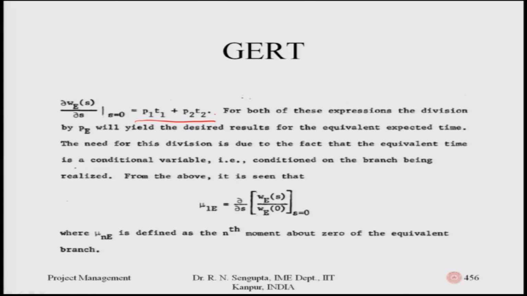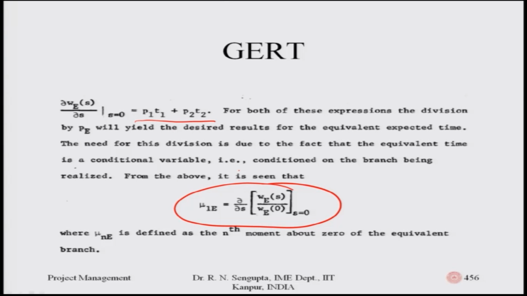find out the average value, it will be the differentiation, partial differentiation obviously, for the equivalent value WE where the dummy variable is not 0, and the other value being the WE when the dummy variable is 0, where mu suffix n e is defined as the nth moment. So, it can be the first moment, second moment, third moment, whatever it is. So, if you remember very simple